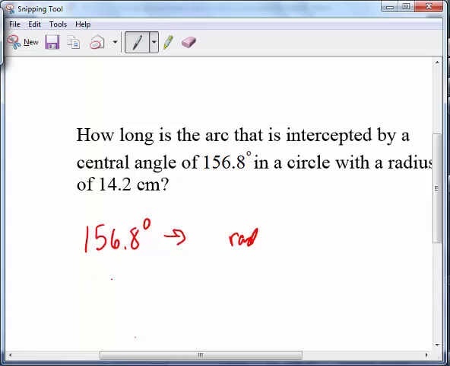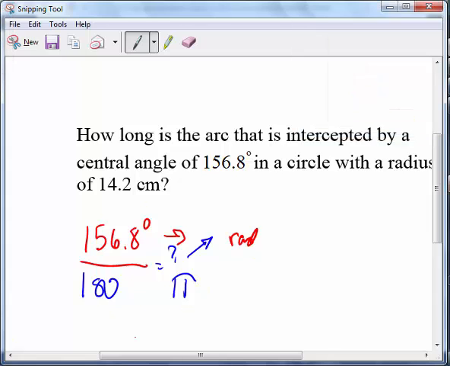So we would say that many degrees is to 180 degrees, as we want to know how many radians that would be to pi,